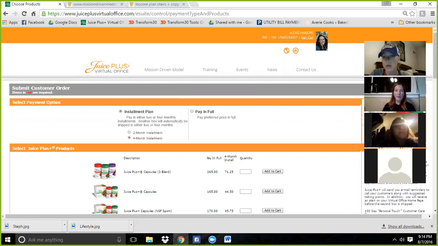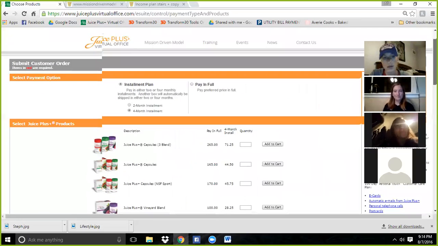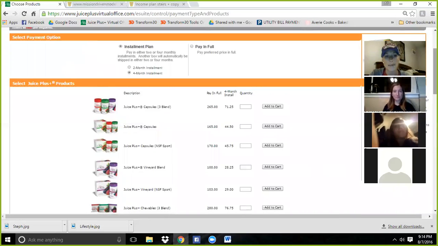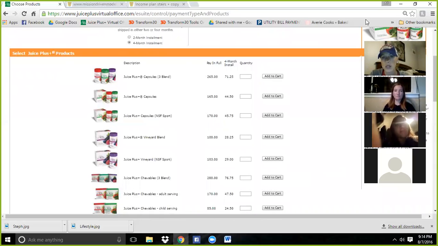We always want to have those on installments, one, to save your customers a little bit of monthly price, because if it's pay in full, it's going to be around that much. If not, it's going to be around the $71.25 depending on tax in your state. But anyways, so we would go ahead and click on that, and you'd add it to your cart for the trio. And I need to move my little widget here because it's right in the middle. And we would go ahead and check out